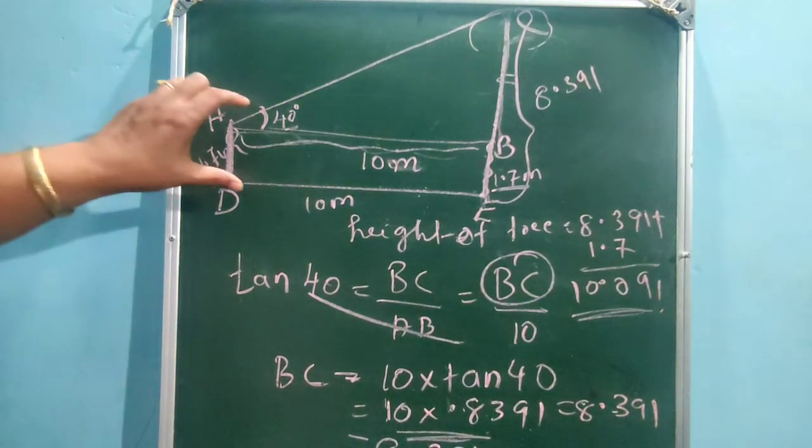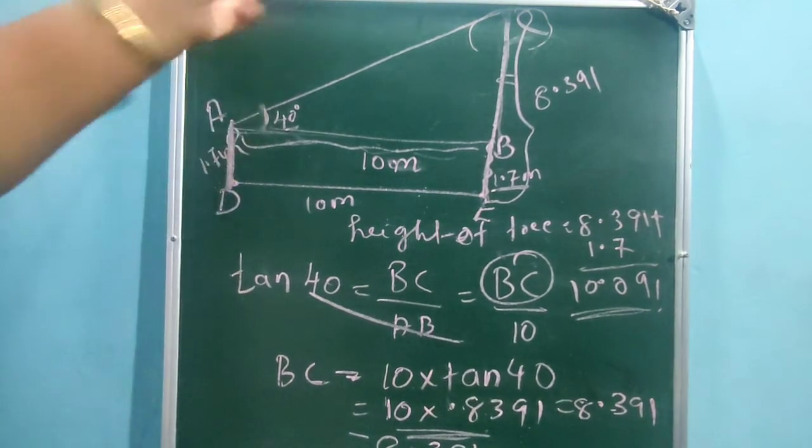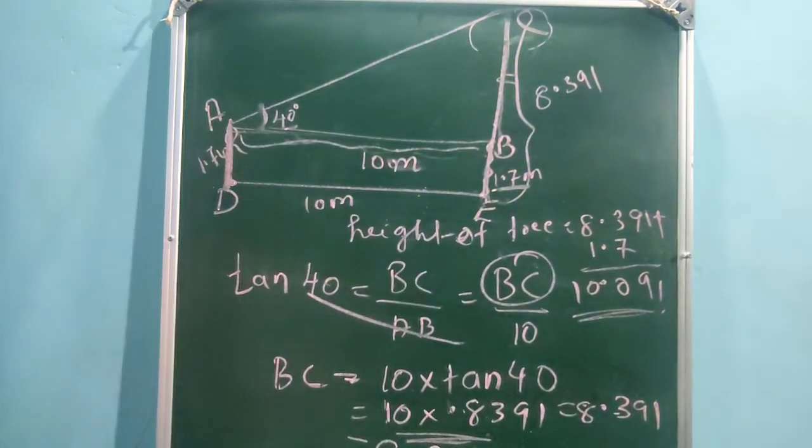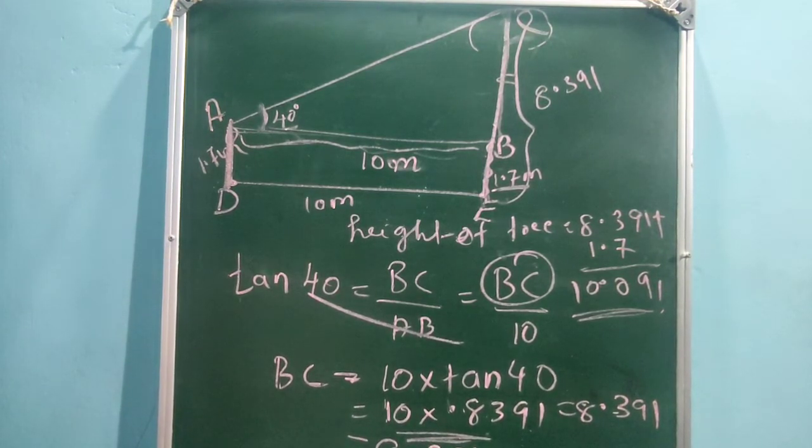So this is an application of trigonometry, that is, using the angle of elevation we can find out the height of anything, such as towers, trees or hills, using the tan ratio, sine ratio or cosine ratio. That is our choice. We can use any of these measurements. So this is an application.